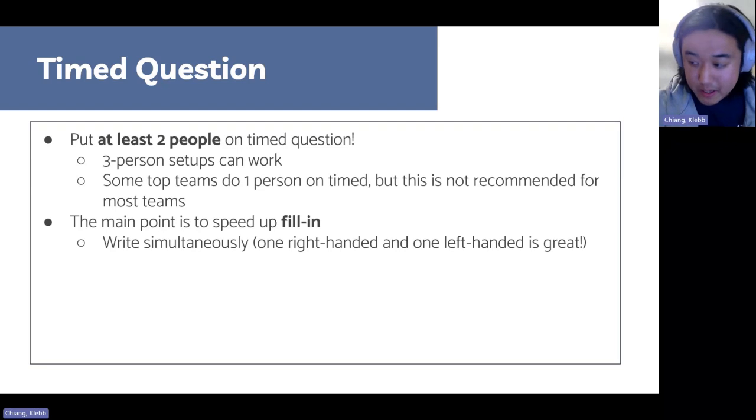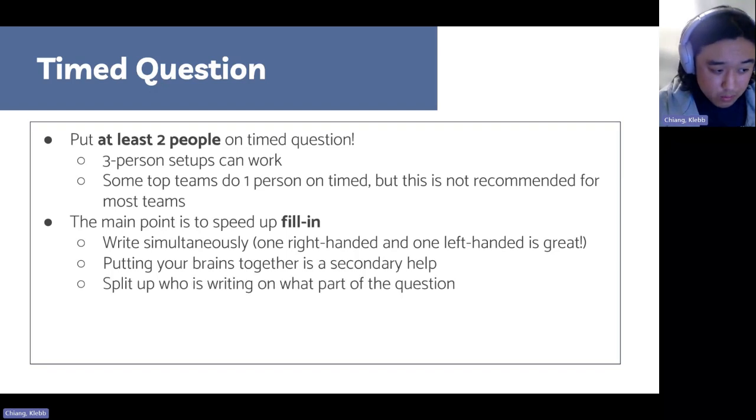And the way you do that is by writing at the same time. If you have 1 person on your team who's right-handed and 1 person who's left-handed, that makes this much easier so you don't hit each other while writing. But my team did 2 people who were right-handed and it worked. But yeah. And what you would do is kind of split the question in half and say, I'm going to